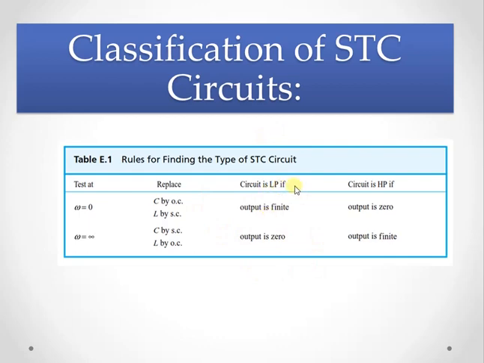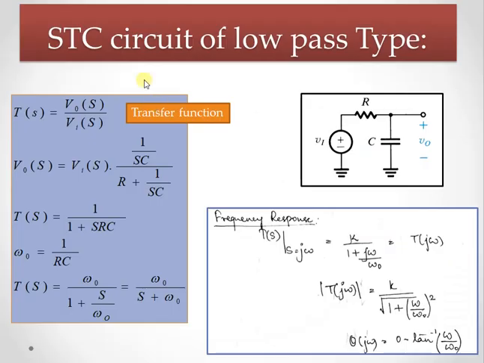If we make use of the circuit as a low pass filter, then omega equal to 0 means the output will be finite, and if it's a high pass, it will be 0. Omega equal to infinity means the output will be 0 in low pass, whereas it will be finite in the case of high pass. Now moving on, I mentioned earlier that we can realize an STC low pass type of circuit in multiple ways,